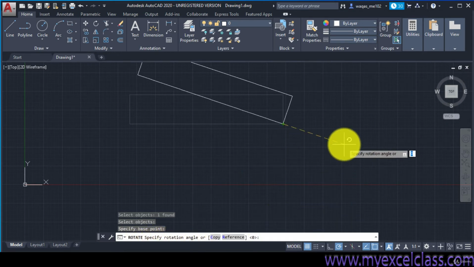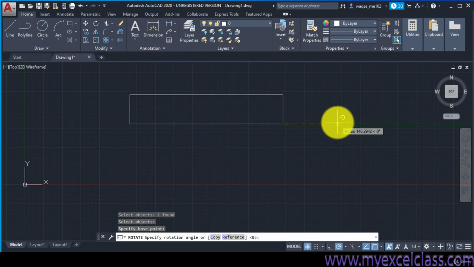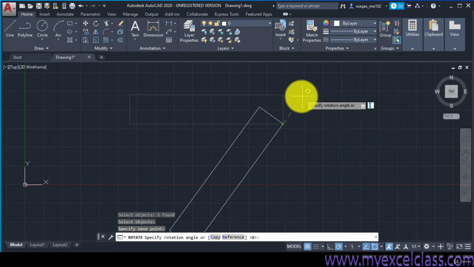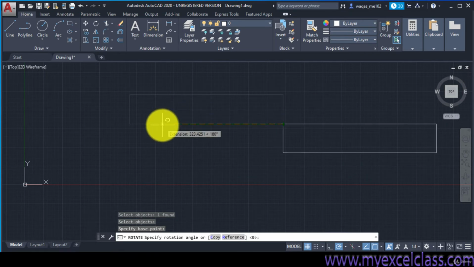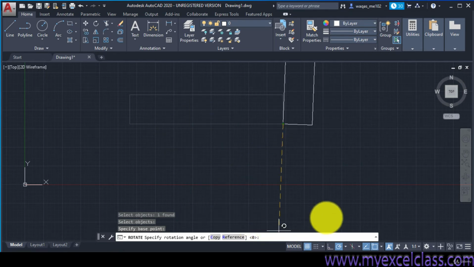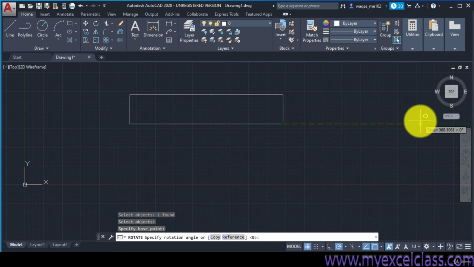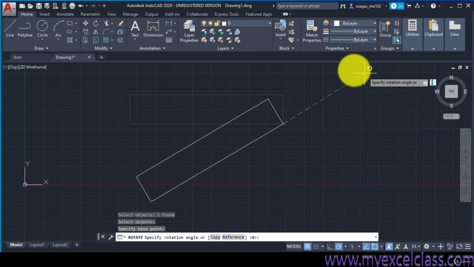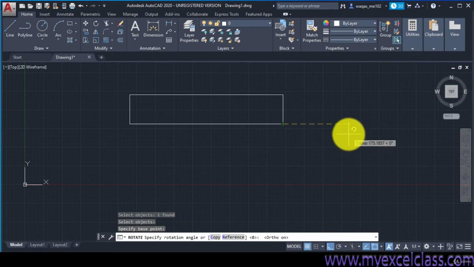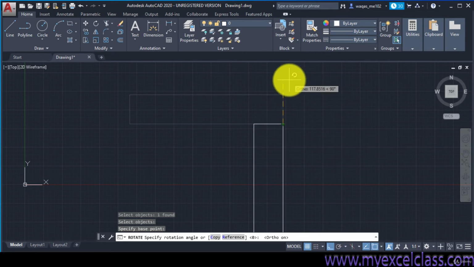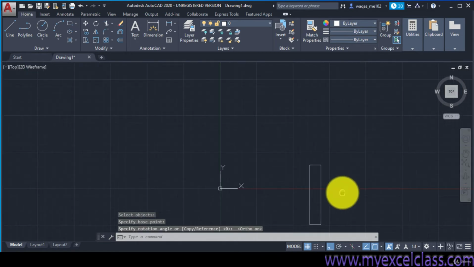This was the 0 degree, this one is the 90, this one is the 180, this one is the 270, and this one is the 360. So you can choose any angle. Suppose I want to rotate it at 90 degrees, let me use ortho. So it's done.